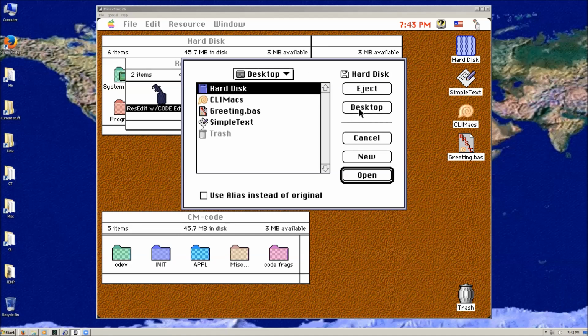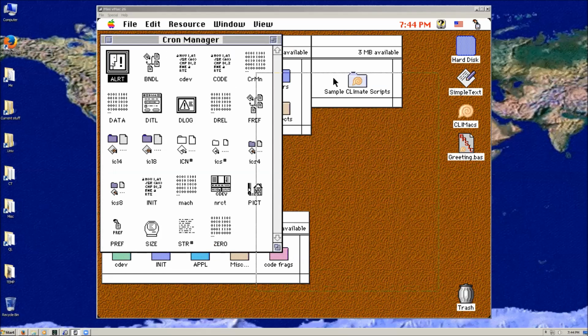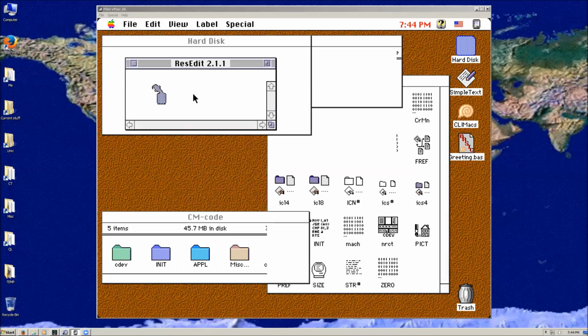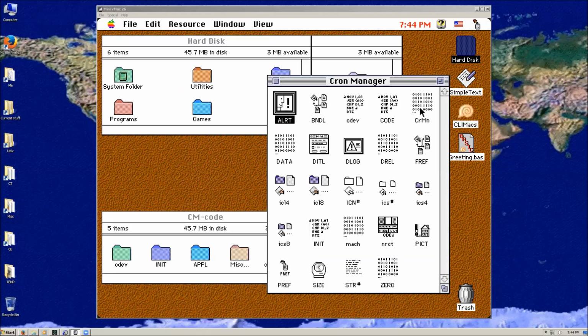It wants to know what file, so you can go hard disk, projects, Cron Manager, disk, Cron Manager, and this will open that up. And there he goes. Close this up again. And you can see here that there's the init, and there's also the application in here as well, because the whole thing is installed as a single